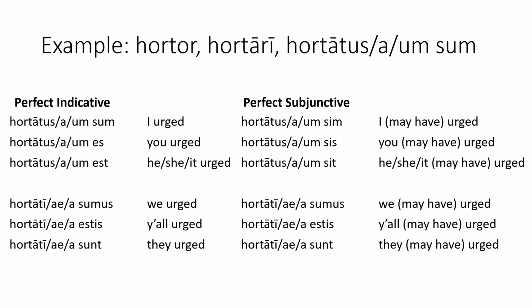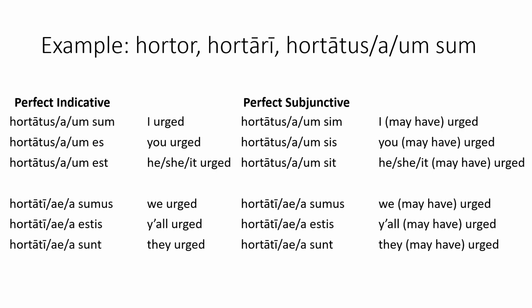Now on to the perfect indicative and subjunctive. As with regular verbs, these are formed like predicate nominatives with the perfect passive participle and the present indicative of sum in the perfect indicative, and the present subjunctive of sum in the perfect subjunctive. The indicative conjugates as follows: hortatus, a, um sum in the first person singular, hortatus, a, um es in the second person